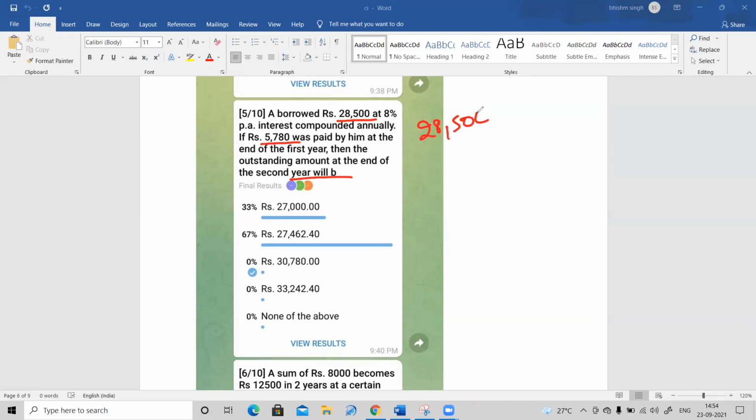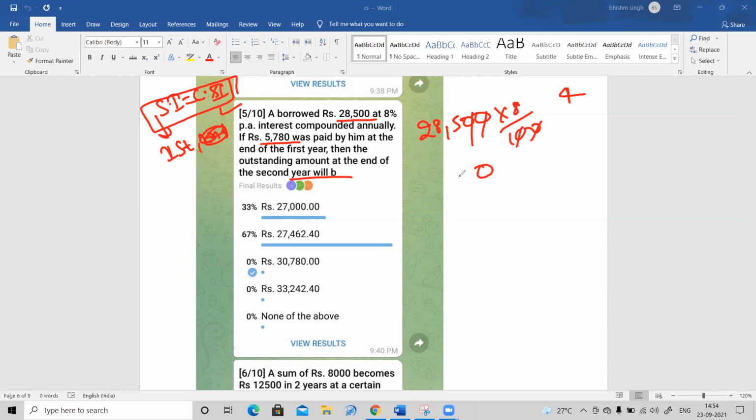28,500 rupees is there now. You know that I told you in the class, for the first year, SI and CI both are the same. So 28,500 rupees at 8%. You find, everyone, how much this is. This is 285, and 8 5s are 40. I carry 4, 8 times 8 is 64 plus 4, 68. 8 times 2 is 16 plus 6 is 22. So 2280 is your simple interest, you can say compound interest after the first year.